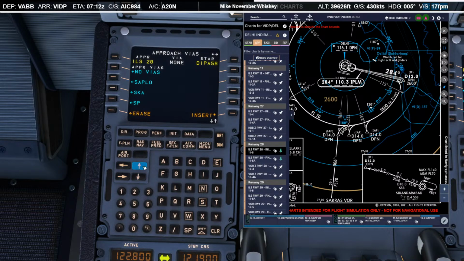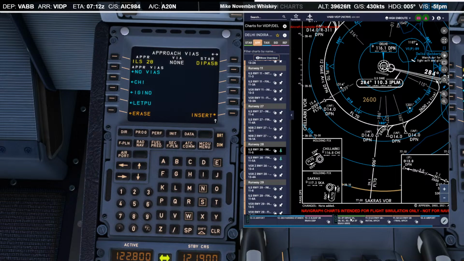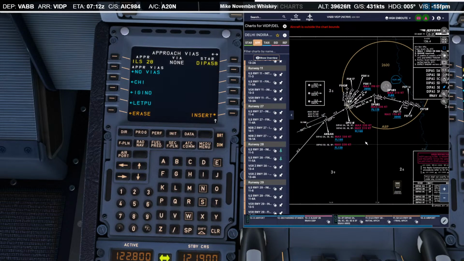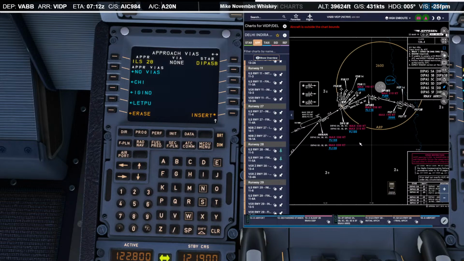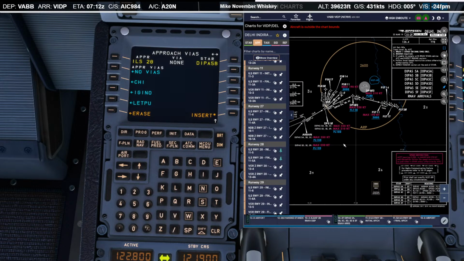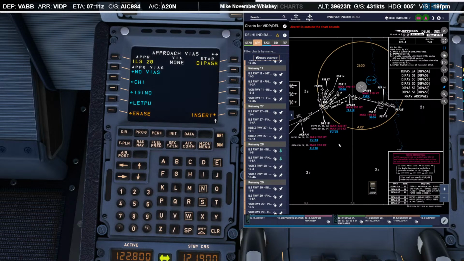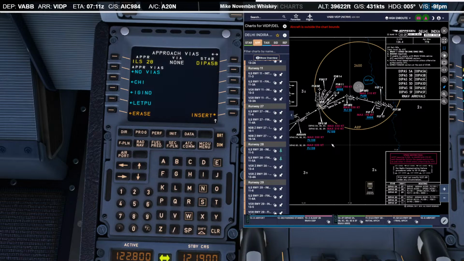Various initial approach fixes. Yeah, expect radar vectors at the end of the STAR.